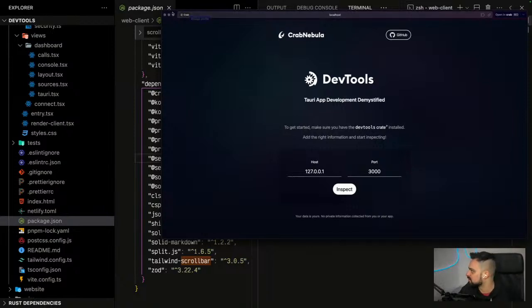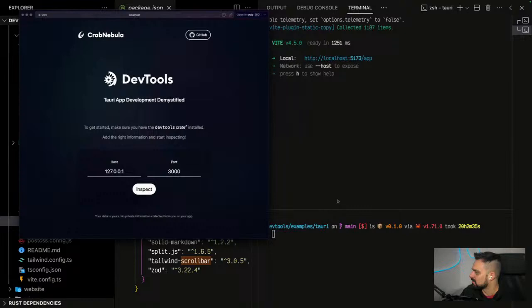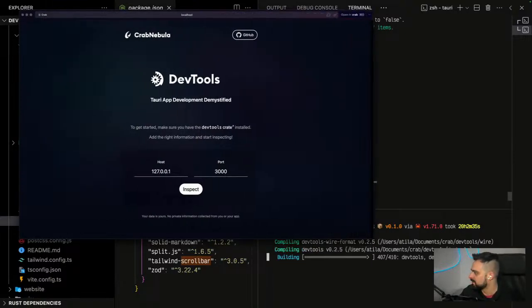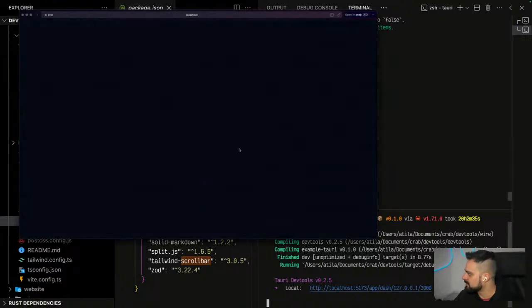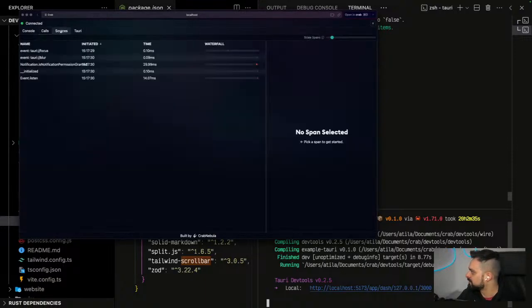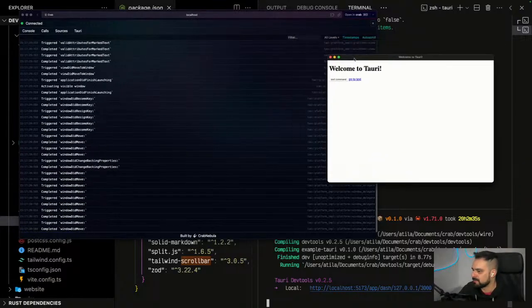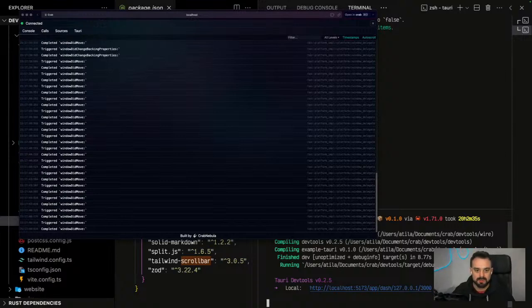So DevTools still running, which is a good thing. And I can actually get my Tauri app to run as well. And so, okay, everything is working as it should. If I move around, I can get all the data and so on. So at this point,